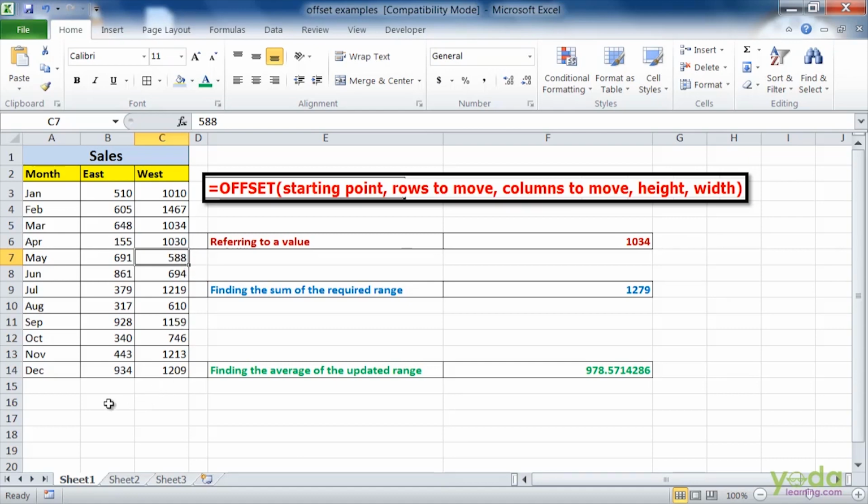But what if I update my data every now and then and I need a value for a particular cell reference? Say I need a value 2 rows below B14 and 1 column ahead. Since the value is unknown right now, I cannot specify what exactly the value will be. So here, since the offset function is dynamic, it will help me to do so.